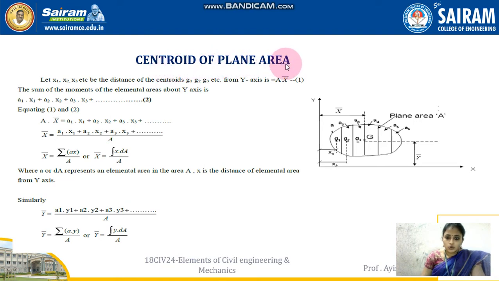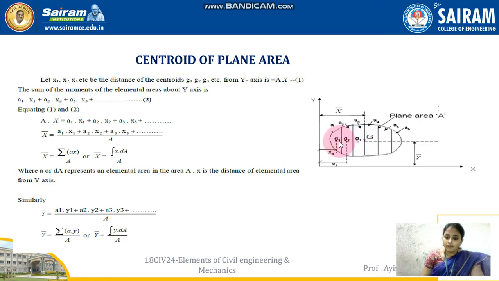Okay. So this is a plane figure. In this figure you can see an irregular lamina having its center of gravity as G, and this is divided into six parts: 1, 2, 3, 4, 5, 6. So you can see six parts in this irregular lamina.